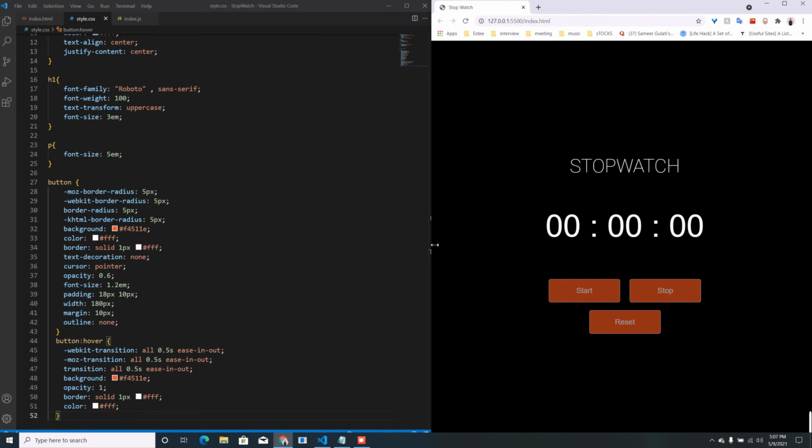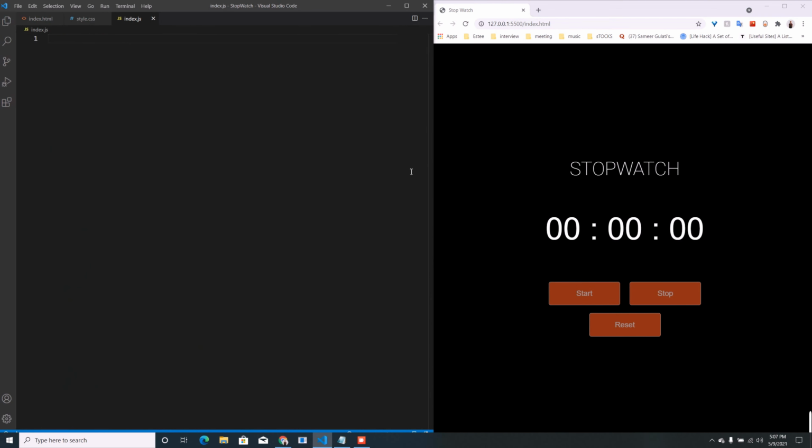Let's move to the JavaScript part and write some JavaScript. First of all, let's declare a few variables. First, minutes, make it 00, seconds as well, 00, and then another variable for milliseconds, make it 00 as well.